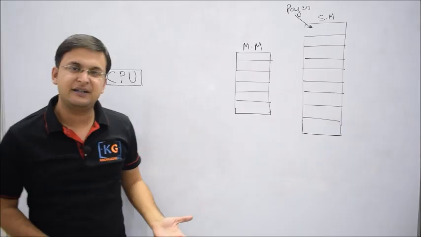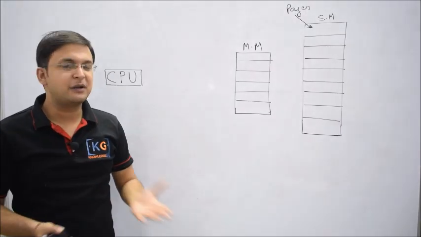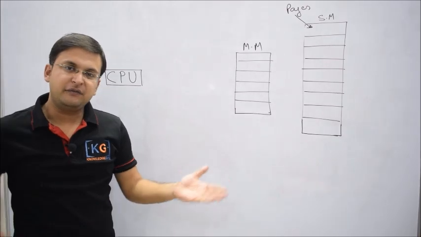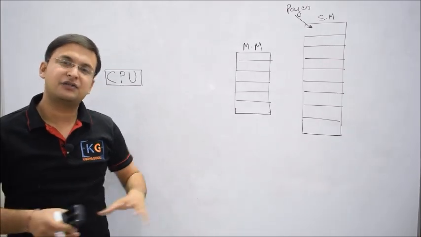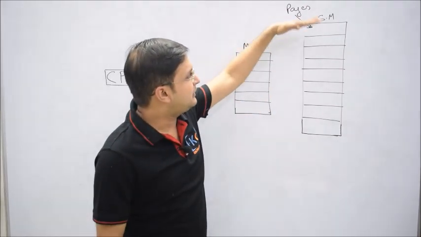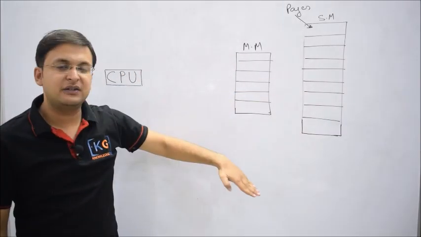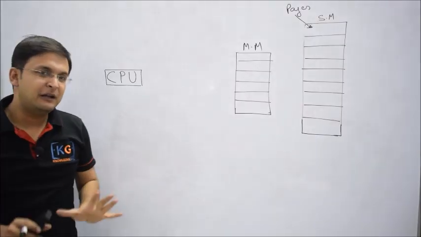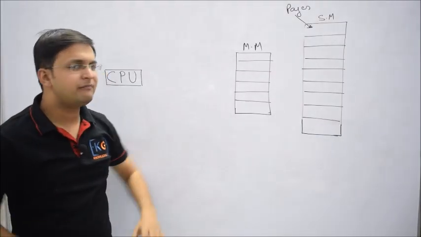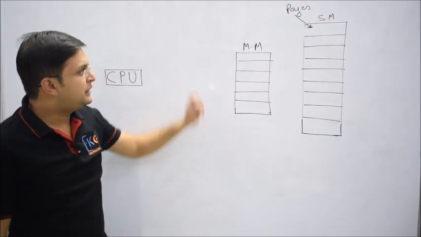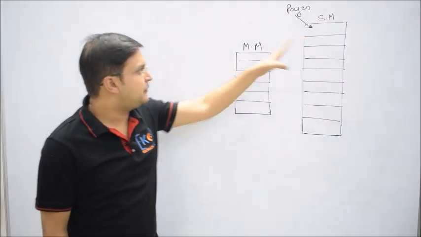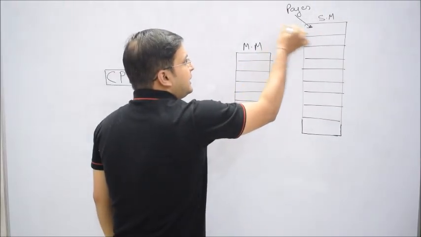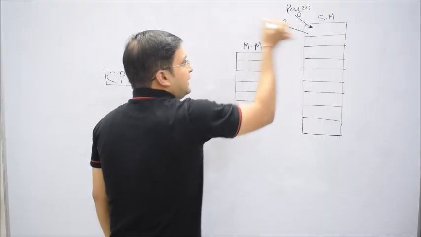Why do you call it a page? It is analogous to the concept of a book. In a book, it would be very difficult to maintain the book if the size of each page were different. Yes or no? Yes. The same logic applies here. When you break the secondary memory into equal size partitions, these partitions are called pages. Now you understand this thing. Can I support different size partitions for secondary memory and for main memory? Suppose the size of each page here in secondary memory, let me say, is 1 KB.